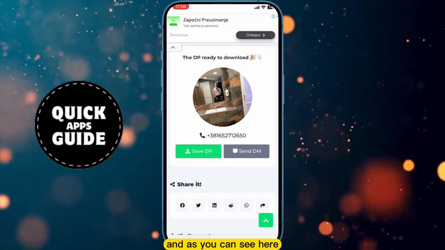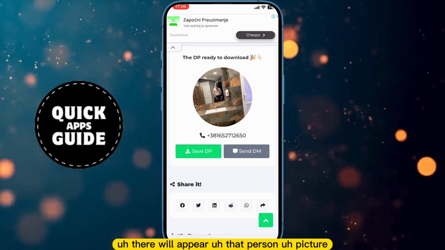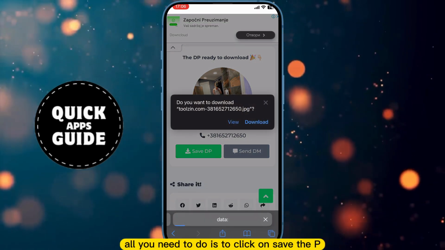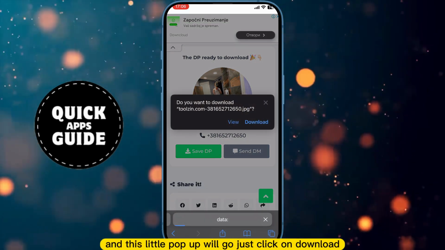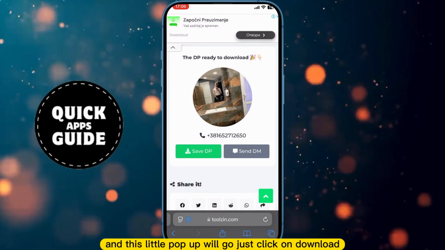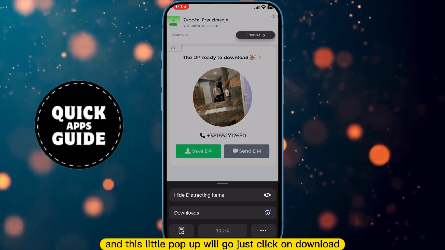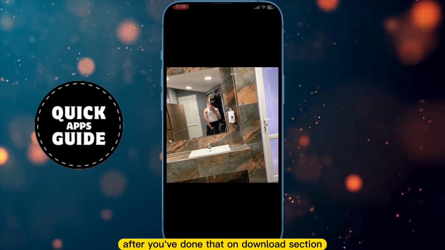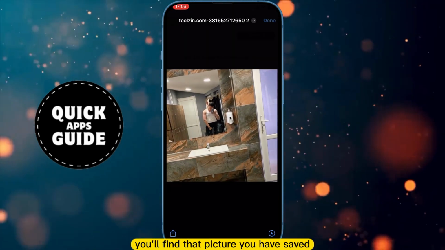And as you can see here, that person's picture will appear. All you need to do is click on save DP, and this little pop-up will go. Just click on download. After you're done that, in the download section you will find the picture you have saved, and